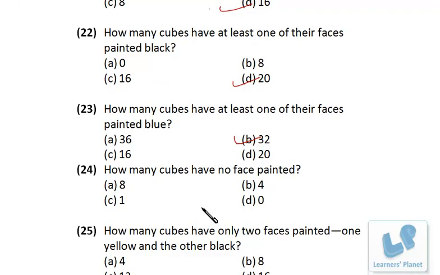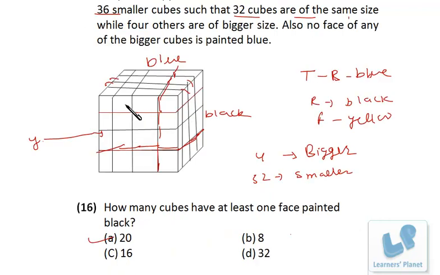Now this one, how many cubes have no face painted? That's once again very simple to answer. Now friends, see, top layer is colored, bottom layer is colored, right? And the middle ones are a combination of two pieces. So we don't have even a single piece that is having no color, right? If these pieces were 1 by 1, then the middle layers could have the center pieces without any color, but in this case there is no scope of colorless pieces.